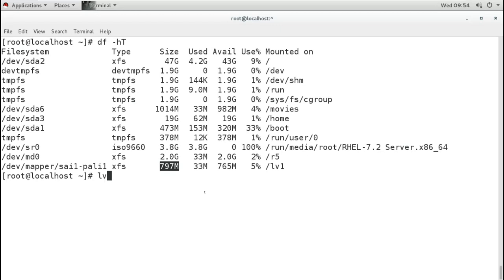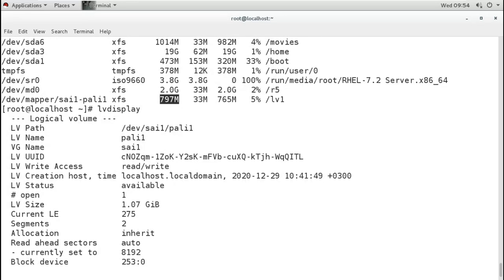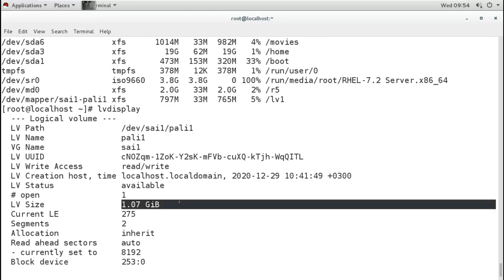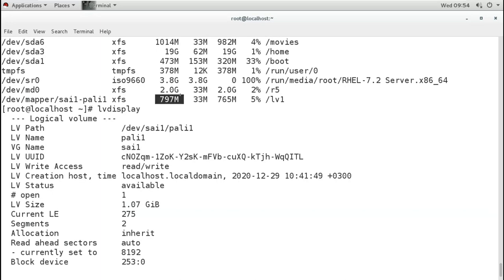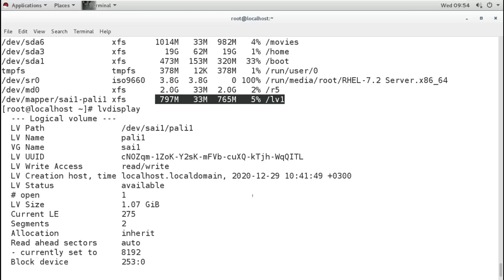If you check with the lvdisplay command whether the LV is extended, it shows that yes, the LV is extended, but the actual size we are not using. It is still using 800 MB. Now what is the problem here?